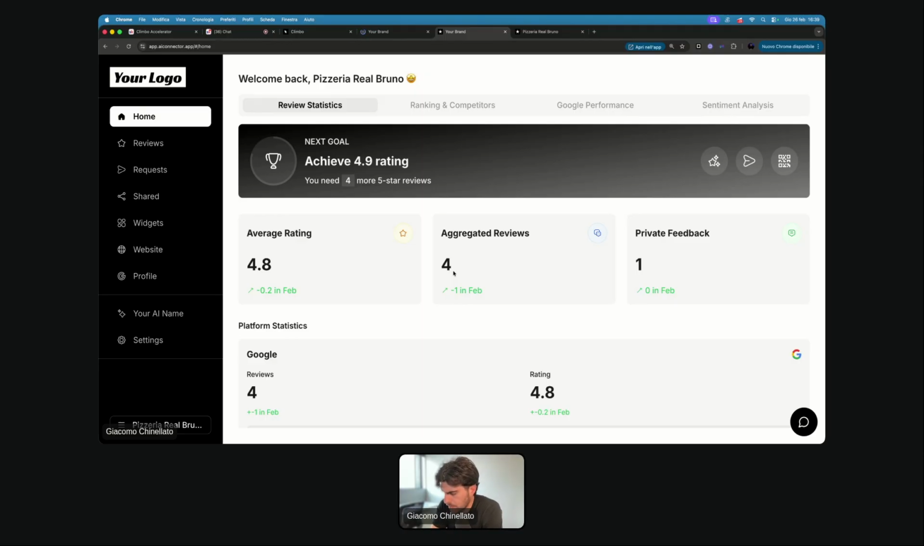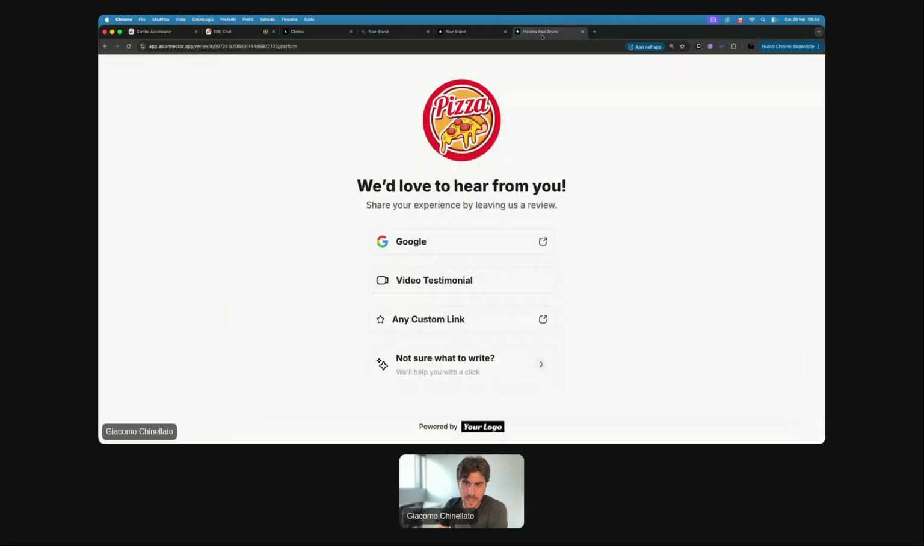Question from Robert. AI review suggestion requires copy paste. Can we improve and make the process more automated for the user? When you bring back analytics, sorry, first question. Automating the process is not possible. So this is the maximum we can do. So once the review text is generated,